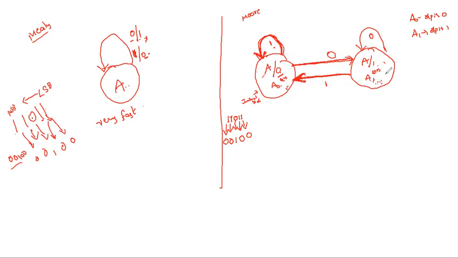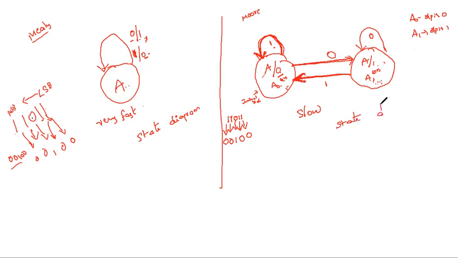So here, how many times did you move? From here to here to here, and again here. So it is somewhat slow compared to Mealy. So this is the main difference between Mealy and Moore. And this is the state diagram. State diagram representation is very important.